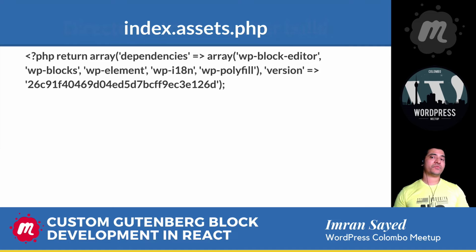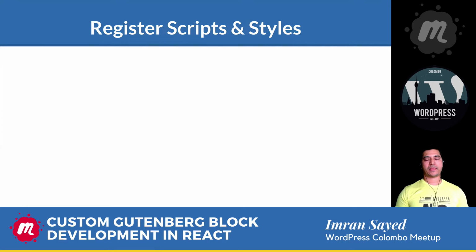One more thing we have over here is the version, and this is going to also change dynamically based on what you're developing. So now when you do enqueue style or enqueue script, for that matter, then you can use this version over there so that you always get the fresh file included. Okay, so now let's talk about registering the scripts and styles. So how do you do that? So in order for us to do that,